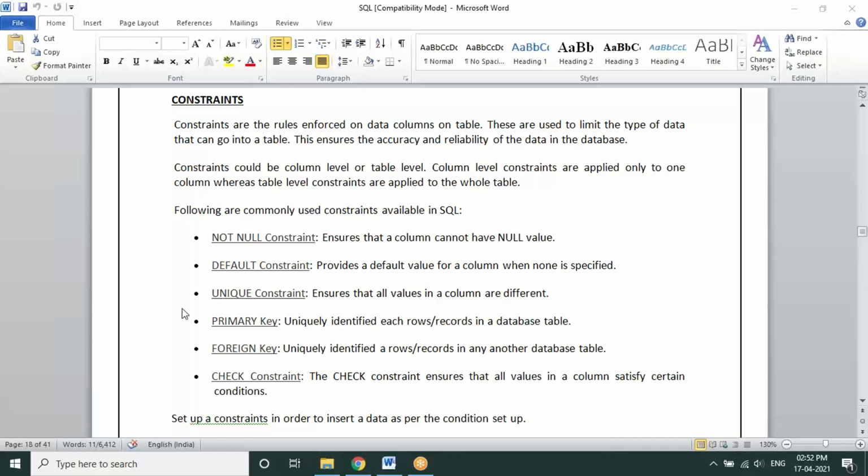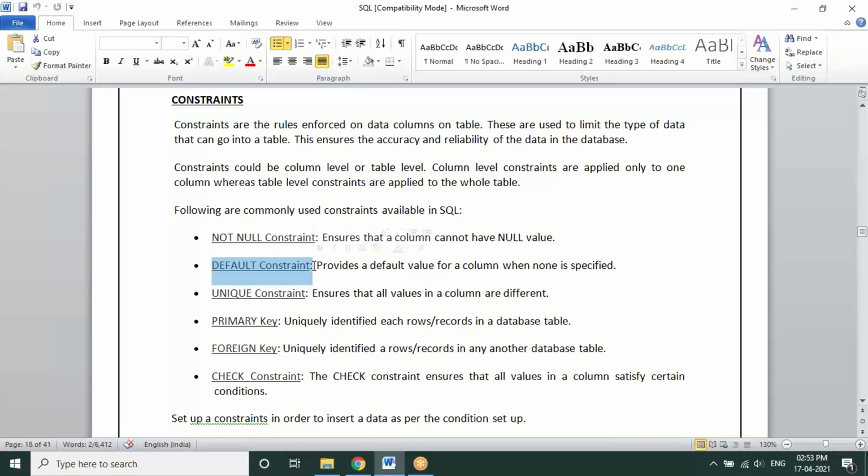Right. The next one is a default constraint. So what is a default? Default is a constraint which allows a programmer to give a value at the time of creation of the table. If the end user does not provide a value for that column, the default value assigned by the programmer will still be stored in the table. Rather than leaving it null, it will assign the default value which the programmer has already defined.